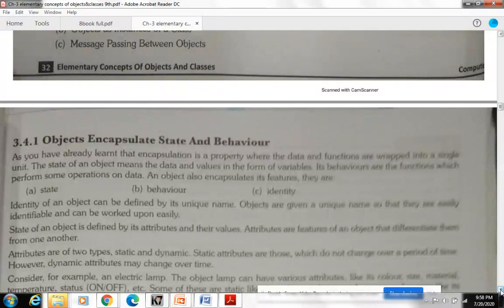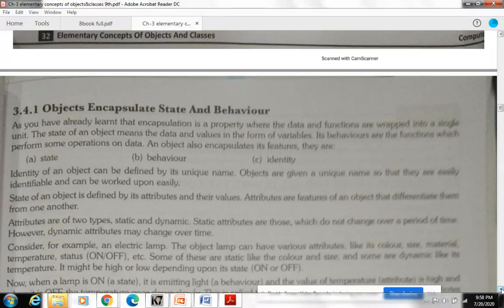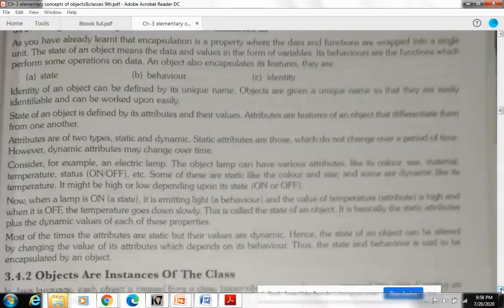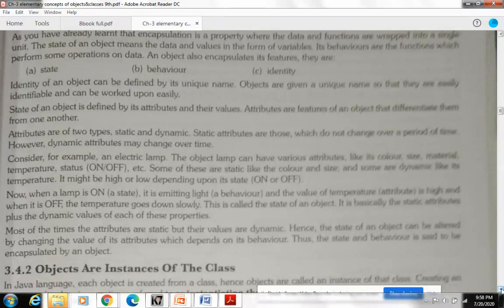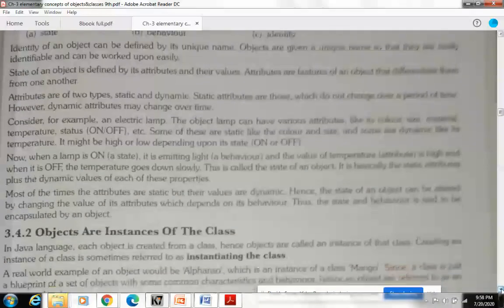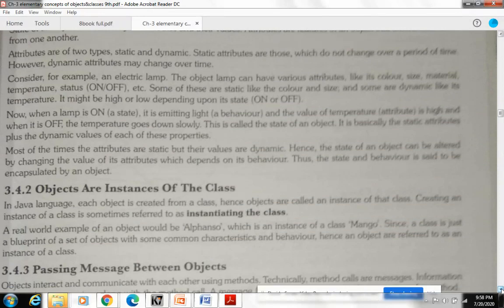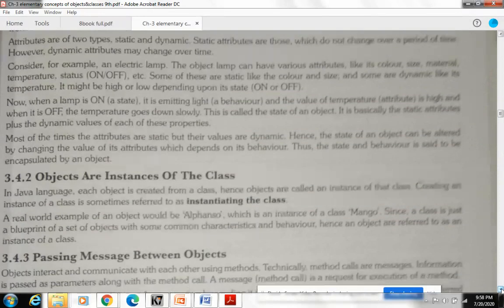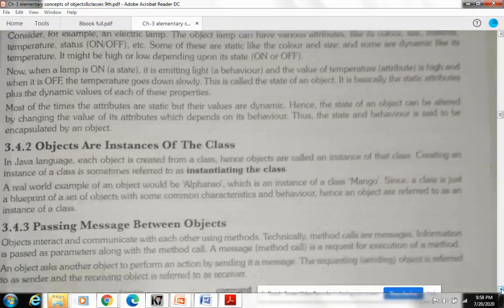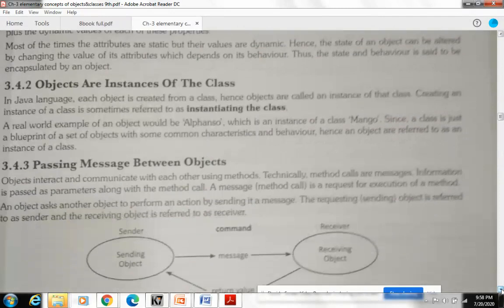So I am wrapping the data and behavior in me. It is a theoretical part, you will go through it. An example is given of an electric lamp, that it has status on and off. When the user switches it on, it emits light and the temperature goes high, and when it is off the temperature goes down slowly.